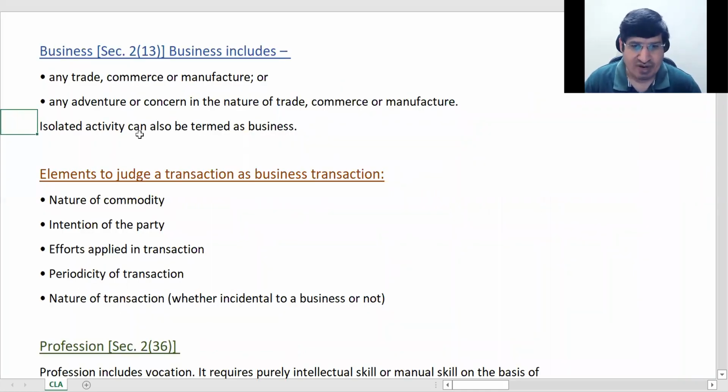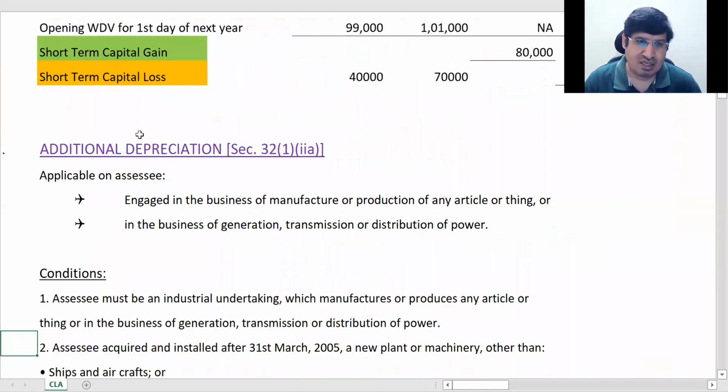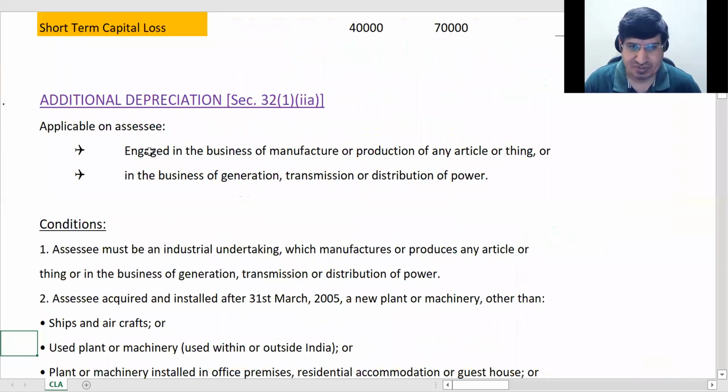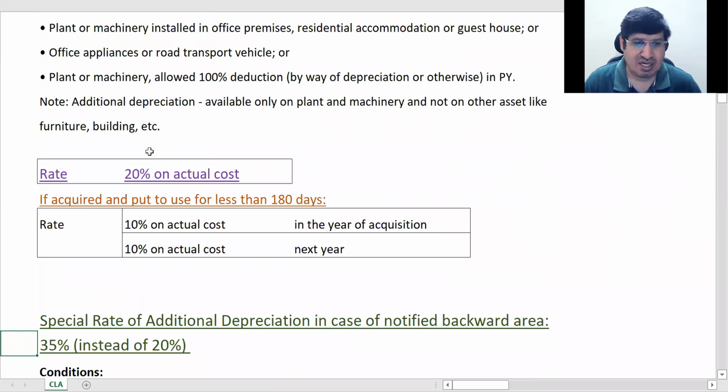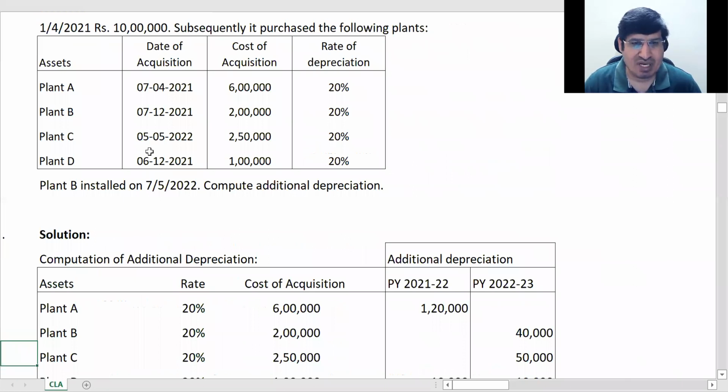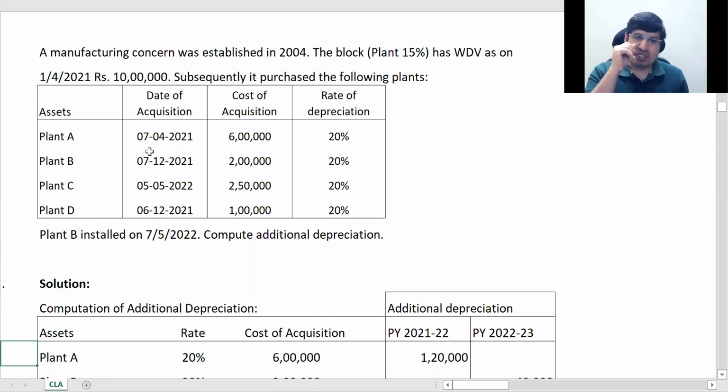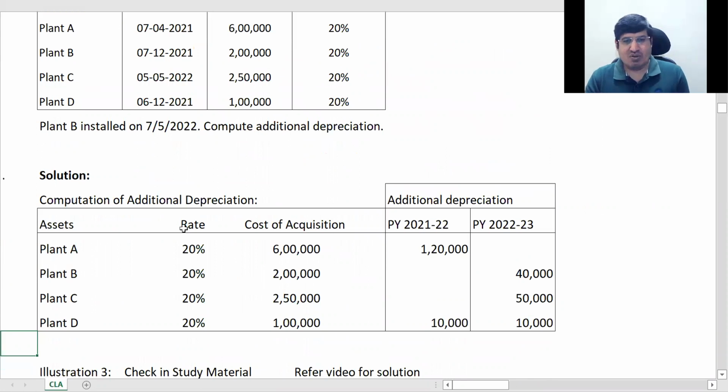Right, so okay, fine. So we were in depreciation and additional depreciation हमने किया था. Okay, so we have done additional depreciation. We have done one problem on it in the end. ये problem है, we have done the entire problem in the previous class, so you can refer to it. The only thing is last part हम बस ये देख रहे थे कि solution में